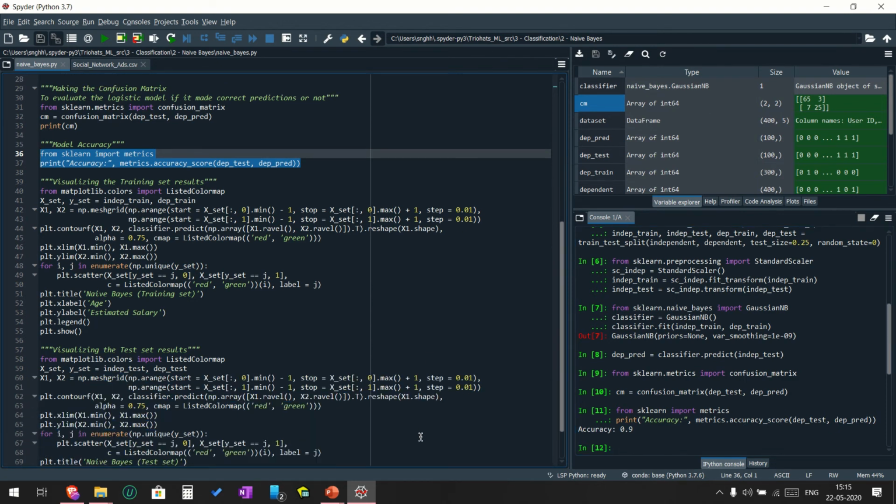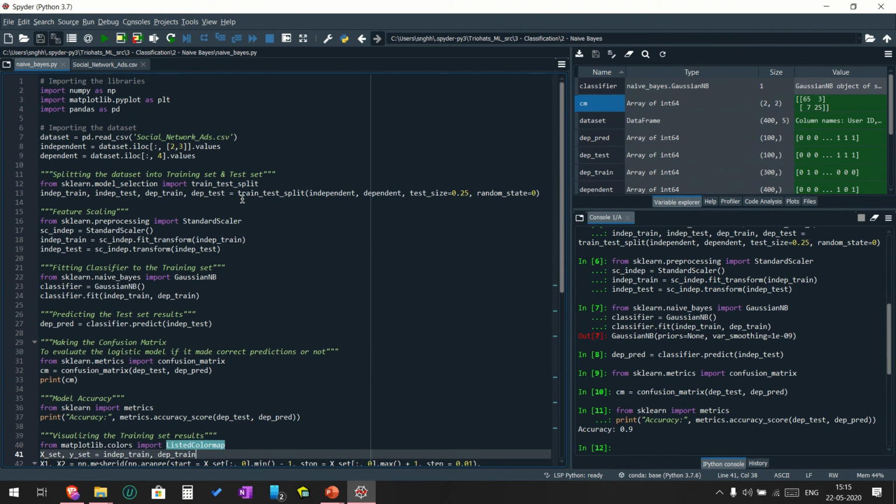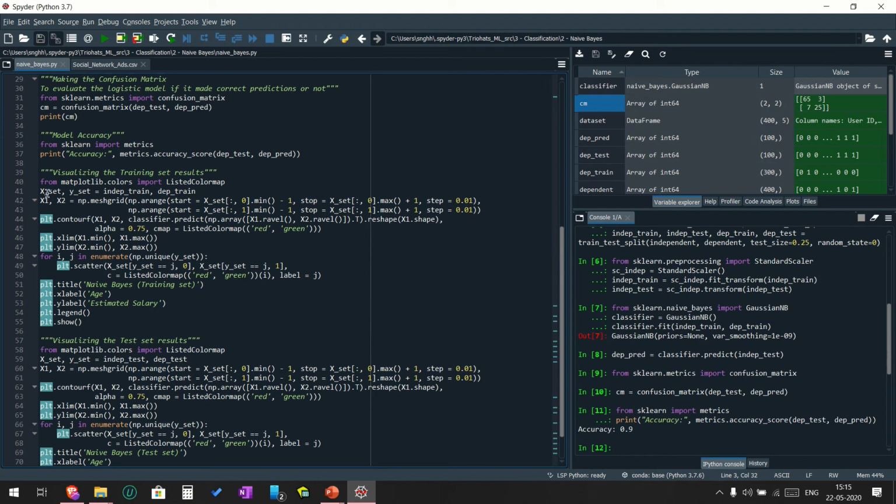Next we'll visualize the test results in a graph using the matplotlib library. This is the matplotlib.colors library, which has a list of different color maps, and I've already imported the matplotlib.pyplot library, so we'll use the pyplot method. I'm saving the independent train and the dependent train in these two variables, xset and yset. Then this meshgrid function is used to create a rectangular grid given two 1D arrays.